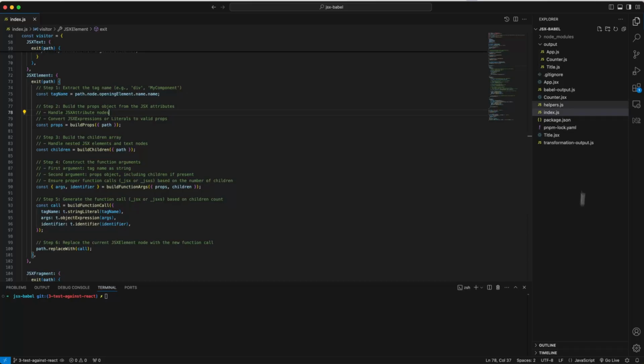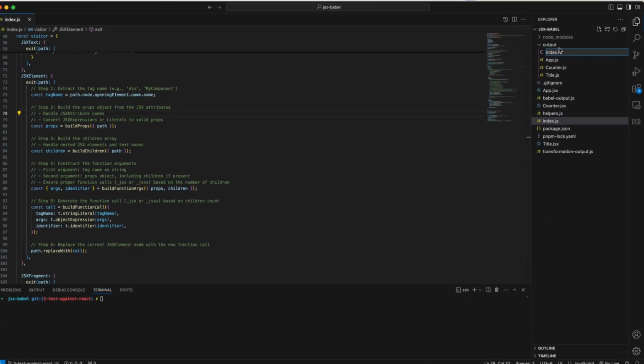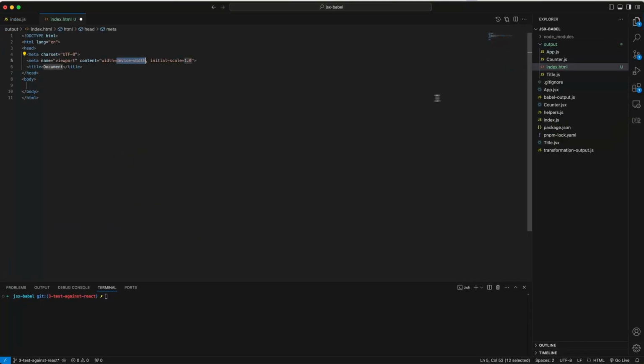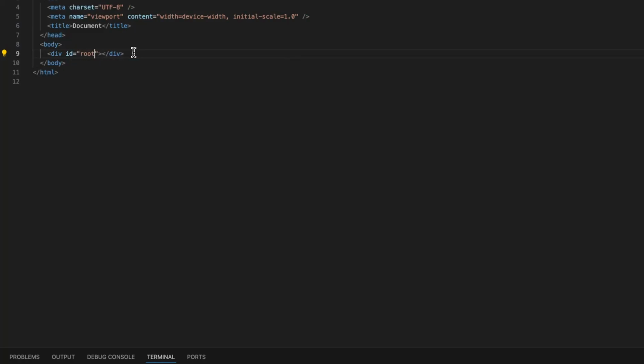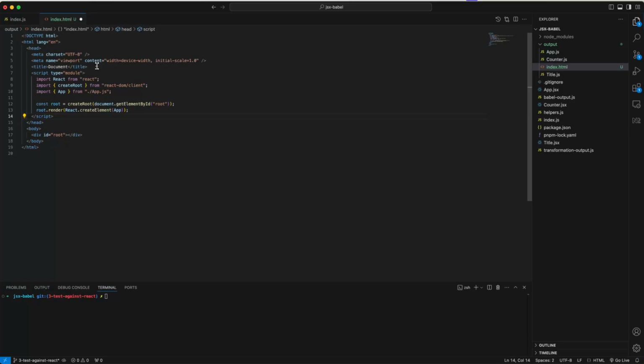Let's get to it. First, I will create an index file here, index.html. Let's add some code here. And I need a div with an ID. Let's call it root. Mistake here. And what I want to do is add the script where I import my app.js, sorry, and render it using